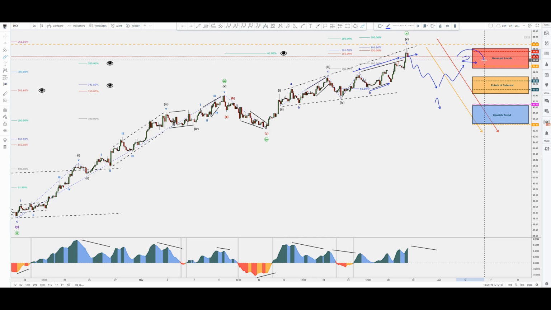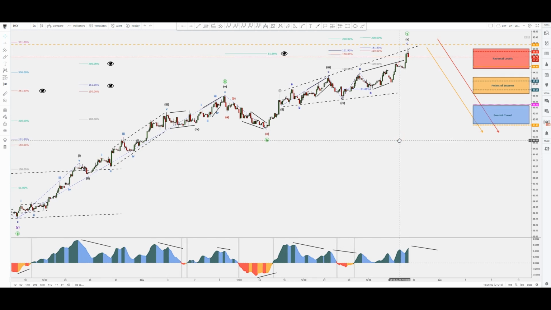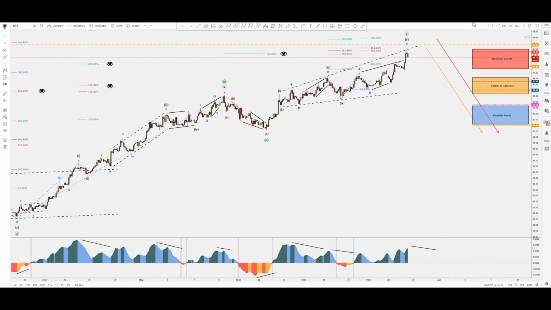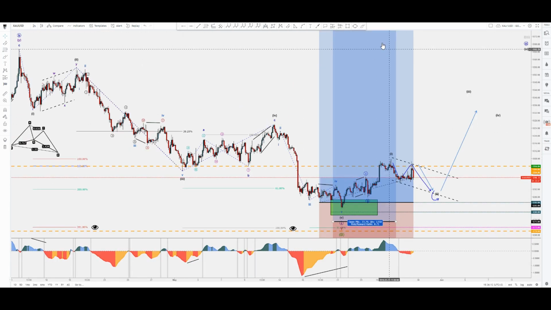Now, also, this could be a head and shoulders formation right there, right? So possibly confirming a bearish third wave. So until then, all I can do is take a look at the charts and monitor them and make some updates. But so far, so good. Now, moving on and continuing obviously